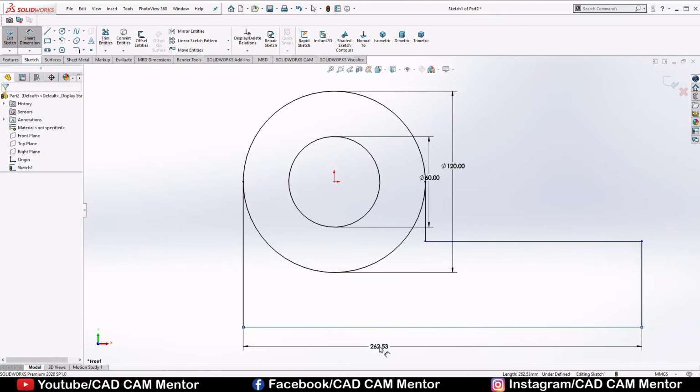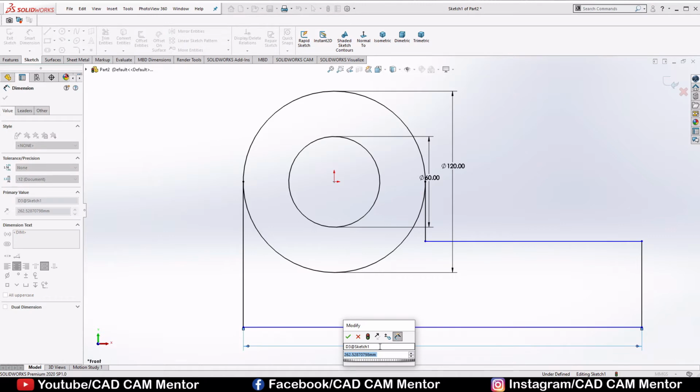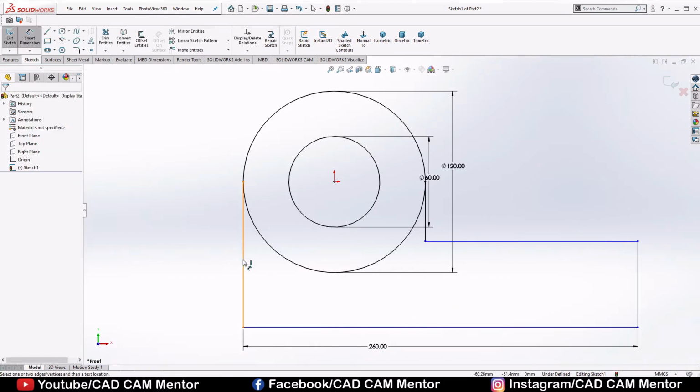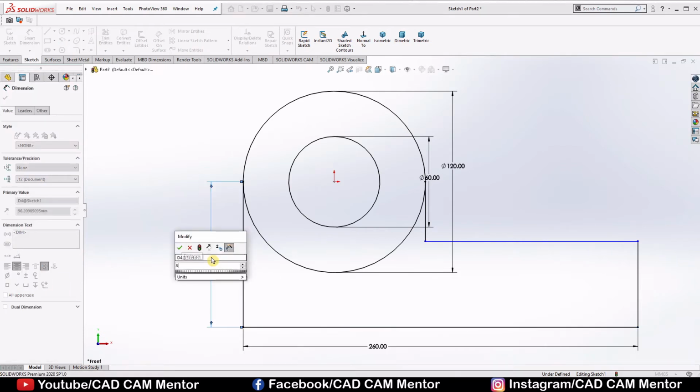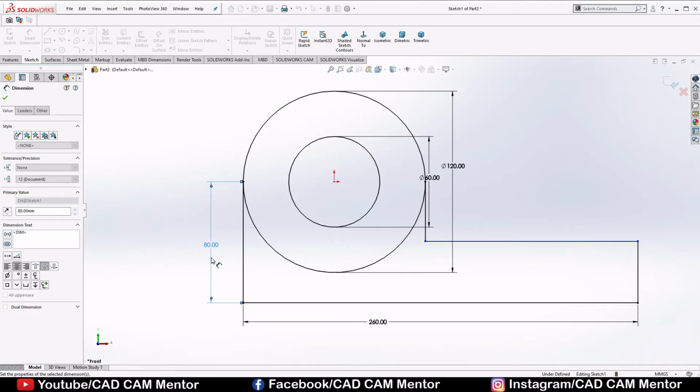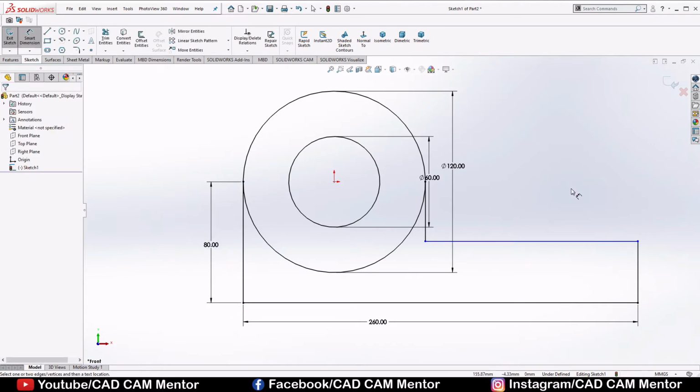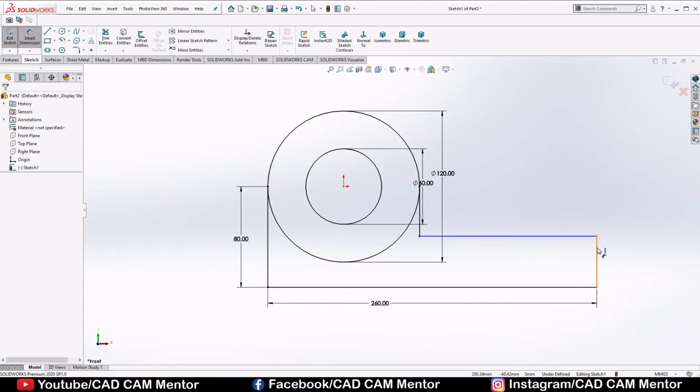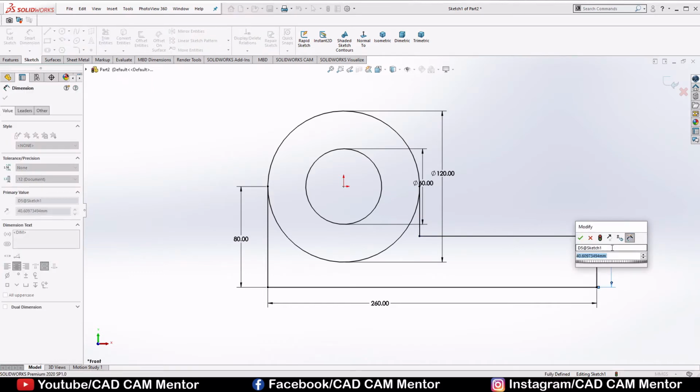Select this line and the length of this line was 260 mm and this height was 80 mm. Now select this line and the length of this line was 50 mm.